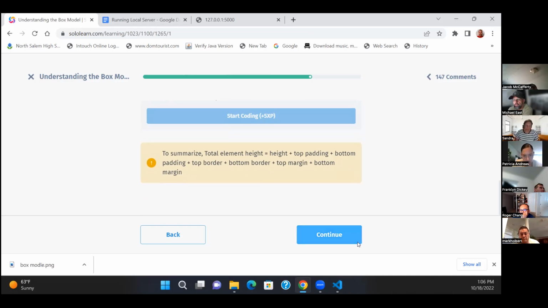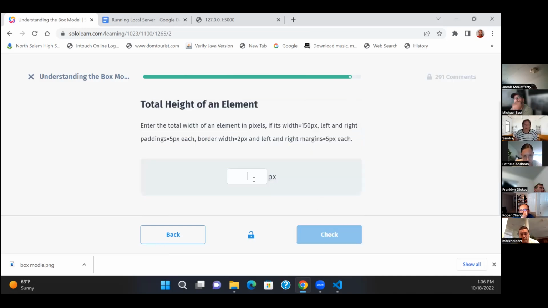Okay, let's hit continue. And what's the answer here? Enter the total width of an element in pixels, if its width is 150, left and right padding is 5 each, border width is 2, and left and right margins are 5 each. 150, 160, 178? Close, but